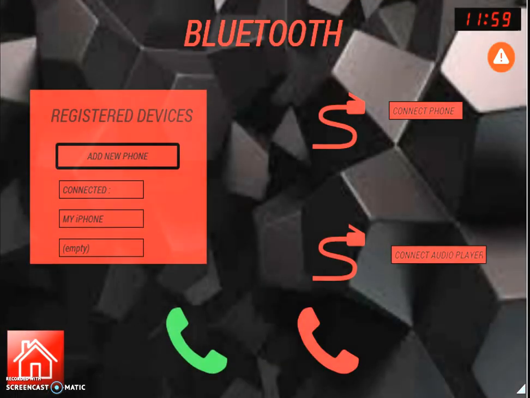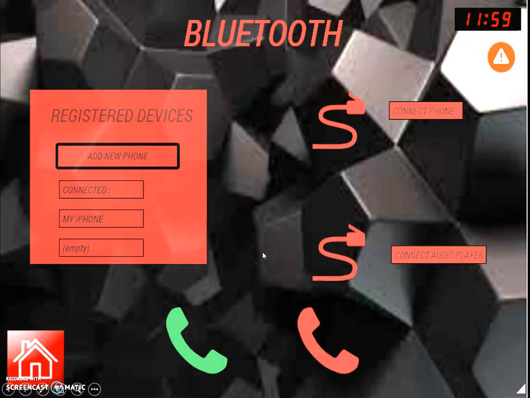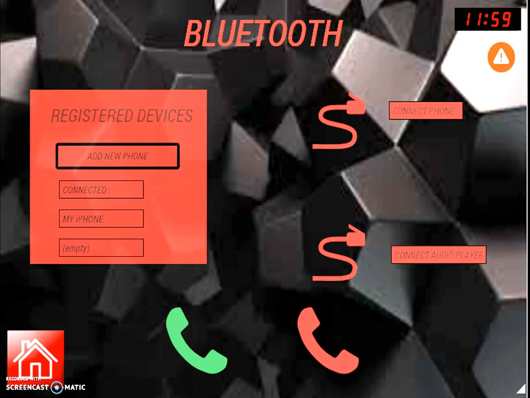And a Bluetooth option, just like normal devices, to get connected to the Bluetooth using a phone or audio player, like aux. And if he needs to add a new device, he can add a new device. Bluetooth is the basic entry for any user to enter into this infotainment system, so that he can access SMS or any songs that are stored in the phone, or make any important phone call, or receive them without getting distracted.